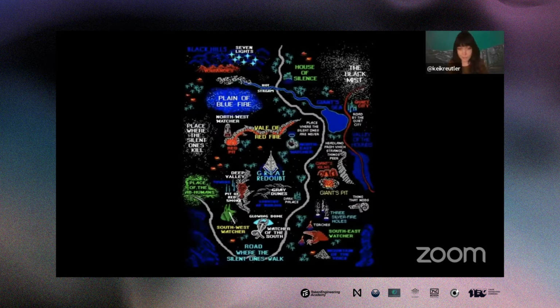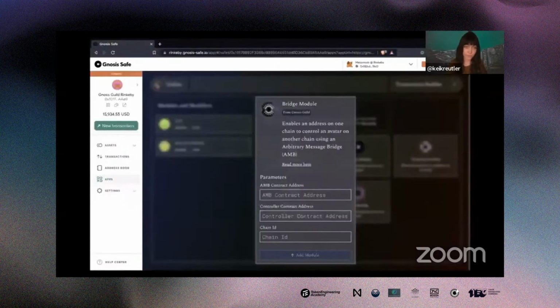So they take an interest in conviction voting, in which members can continuously signal their preferences over time. And they decide to use an upcoming conviction voting app on Gnosis Chain, or the xDai network, to save gas fees. However, operating as a multi-chain DAO does not sacrifice composability in this scenario, because they also enable the Zodiac Bridge mod, shown here, which connects the conviction voting app deployed on the xDai network to their Gnosis Safe treasury deployed on Ethereum mainnet.